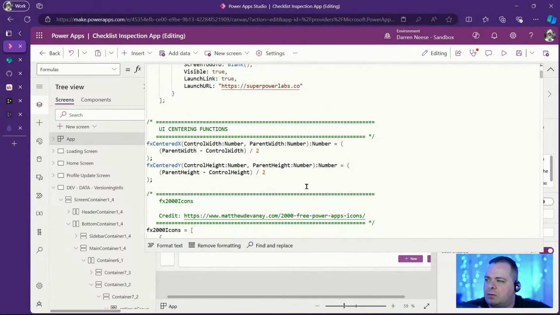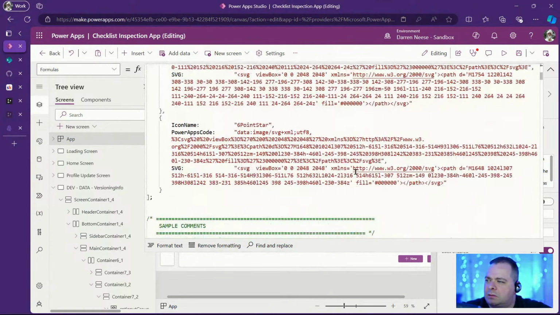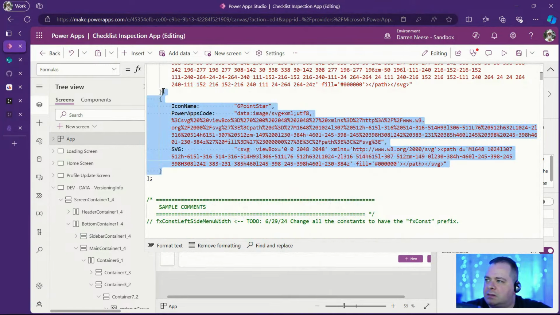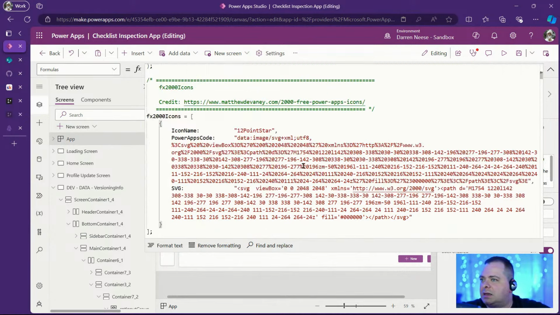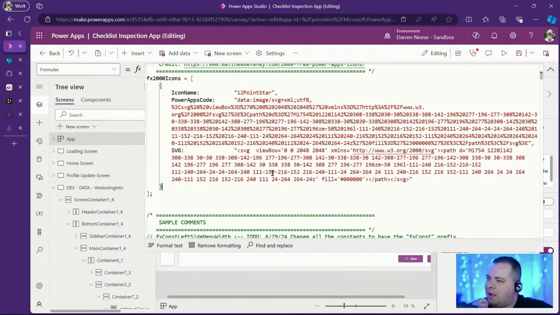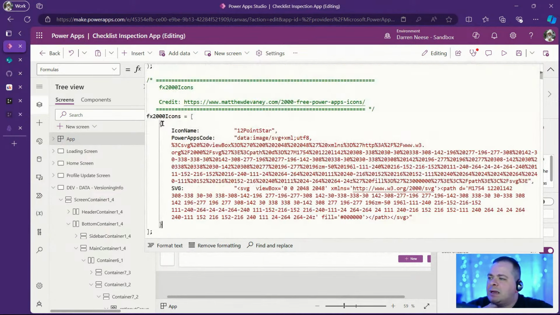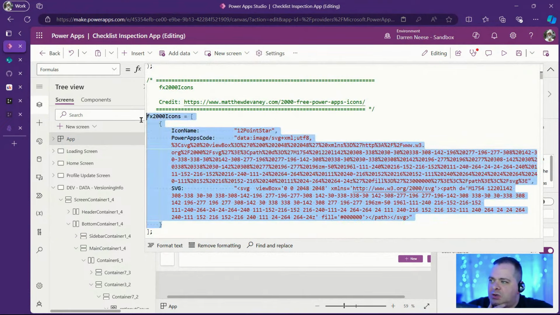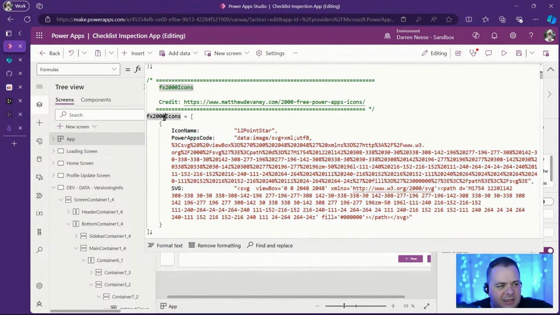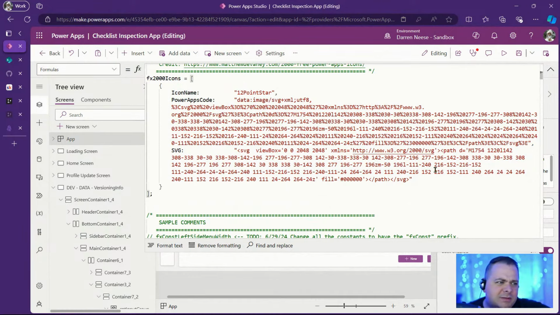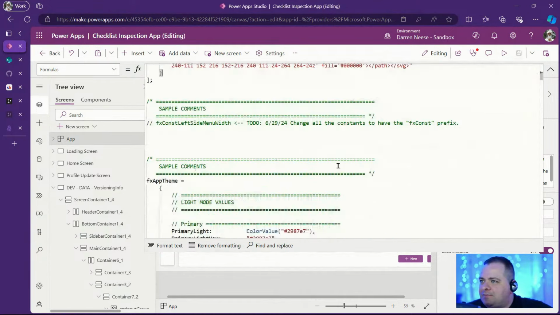What about, well, there's two icons. Take that out and just have one there. I had all of Matthew Devaney's 2000 icons in a collection in App Formulas, and I think it was 17,000 lines of code. I copied and pasted it over in Notepad++. It was a bit much. So